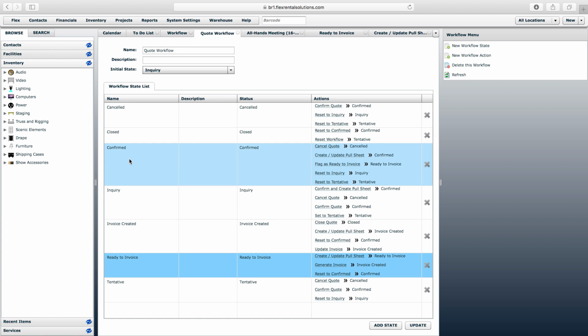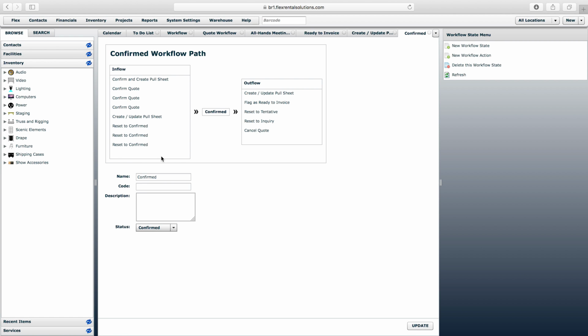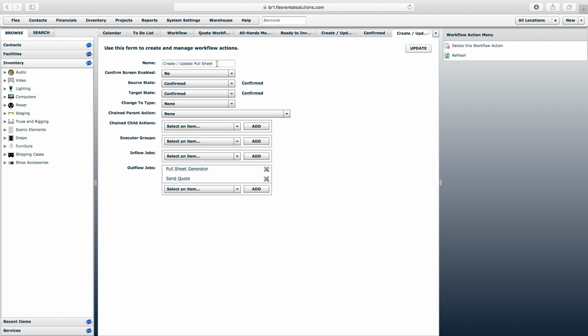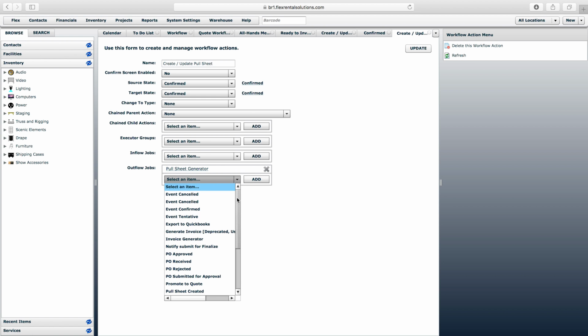You'll notice there's a very similar one in the confirmed state. The generate, update, pull sheet. When I click this action, I don't want it to change the status. I want it to stay in the confirmed state. All I want it to do is send out the pull sheet generator. And I did some modification here earlier, but I want it to send out the pull sheet generator, and then